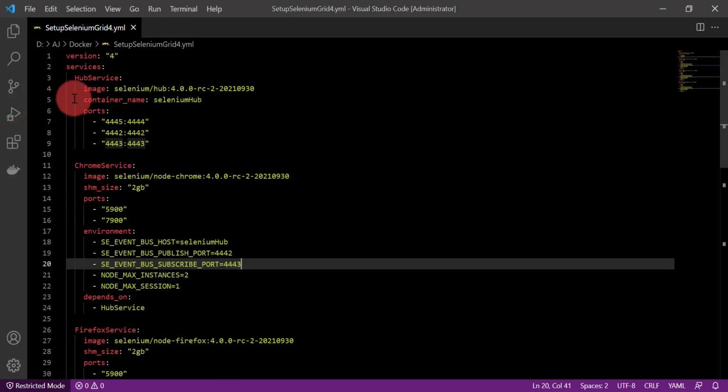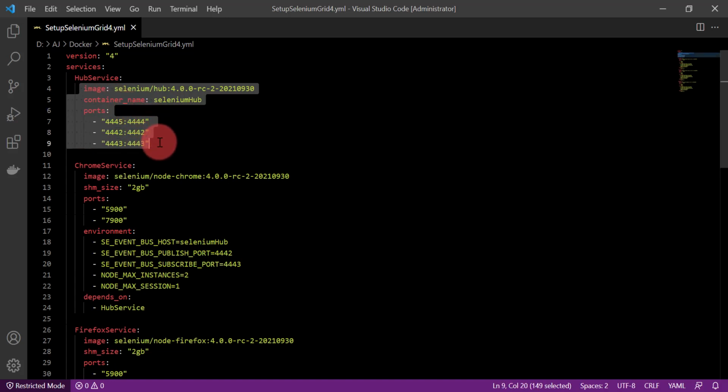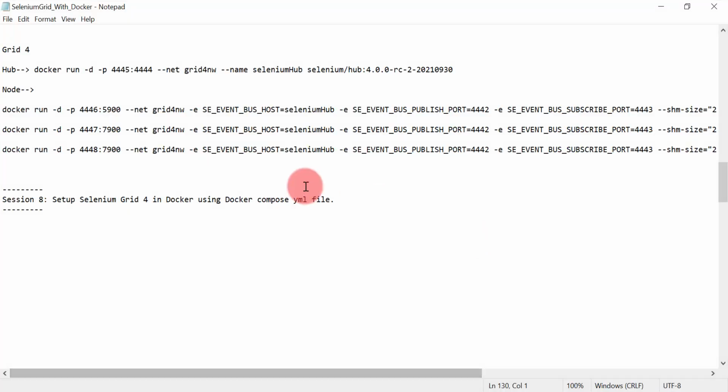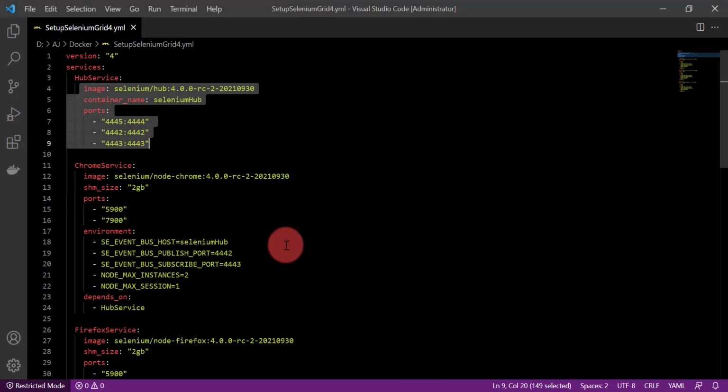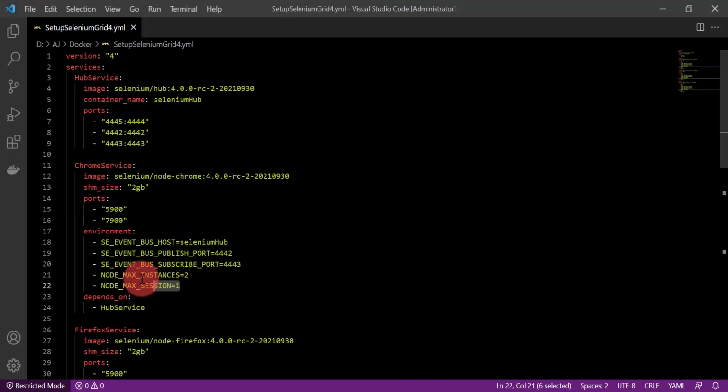So you can see that it is very easy to create this docker compose YAML file. You just have to add the different services you want to create and the different configuration from which these services should be created and started. And this process you need to perform only once. Once this docker compose YAML file is ready, you just have to share it with all your team members so that they don't need to remember all these docker commands for creating the Selenium Grid 4, right? That is the great advantage of this docker compose YAML file, and we are able to scale our containers as well. Okay, so it's very easy to scale these containers.